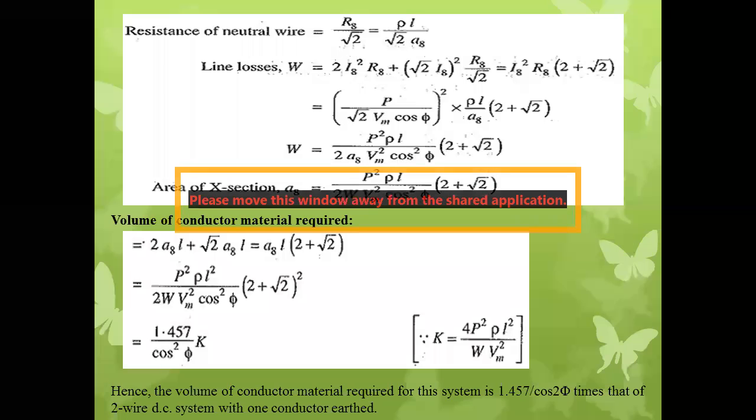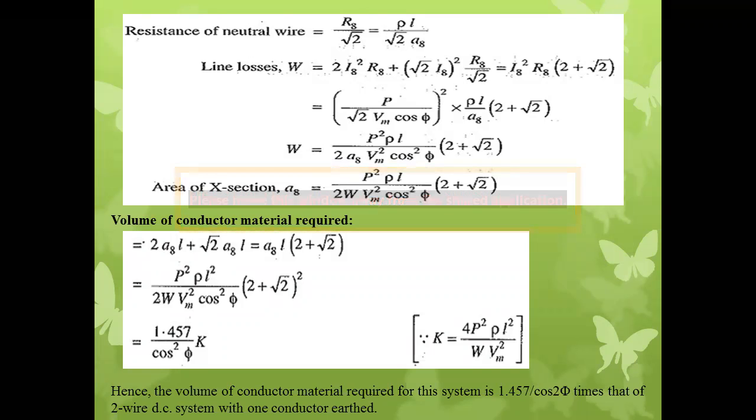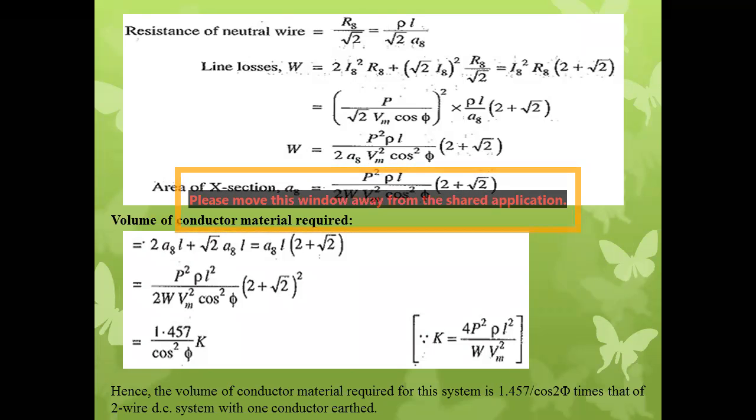Just a minute. How much? And just divide it by 2 after getting the value. A square means 4, I think. 2ab means 2 into root 2. Plus 2. 4 plus 4 into root 2 plus 2. 6 plus 4 into root 2 divided by 2. How much will the answer be? 3 plus 2 root 2.